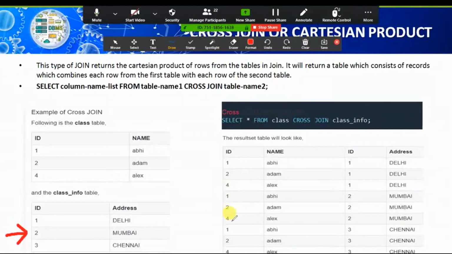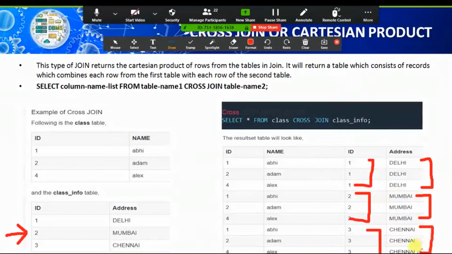Look here again, 1, 2, 4, Abhi, Adam, Alex, ID 2 this time. Here the ID was 1 and the location is Mumbai now. Previous location was Delhi in all the rows. Then similarly it will happen with ID 3. So this is the cross join.